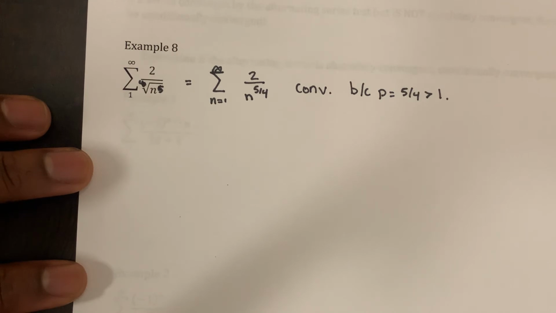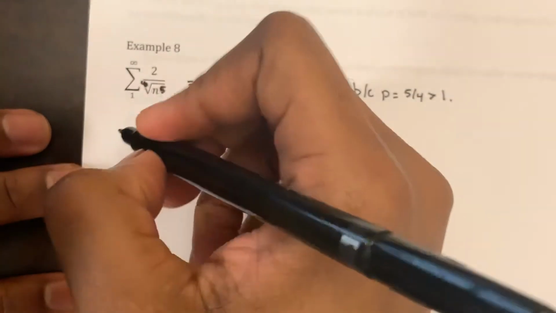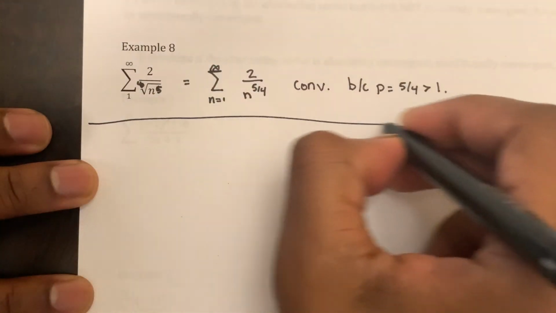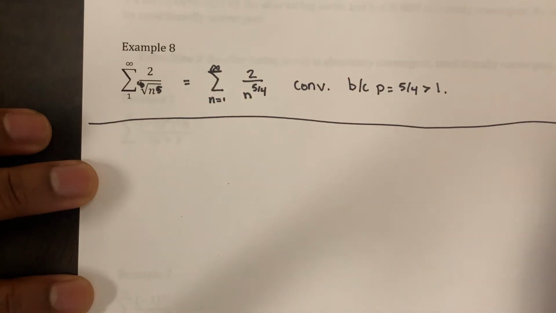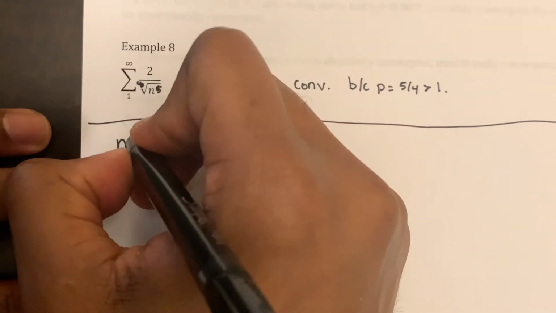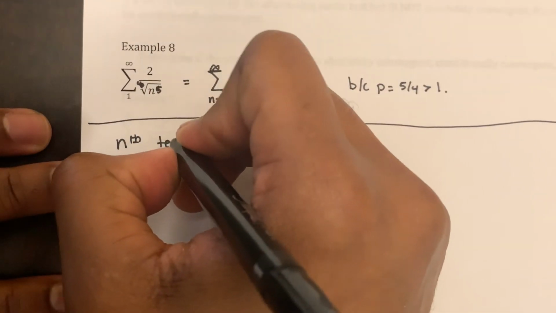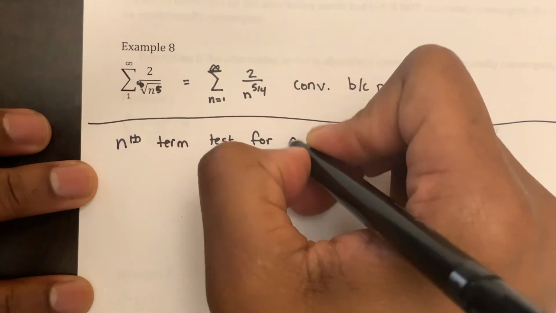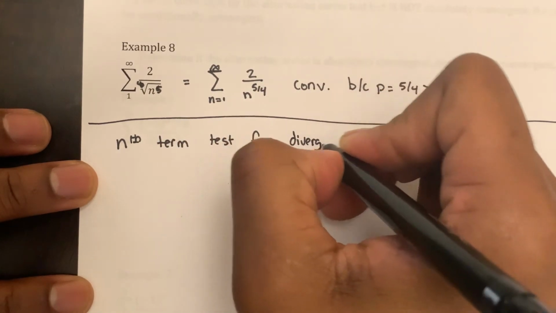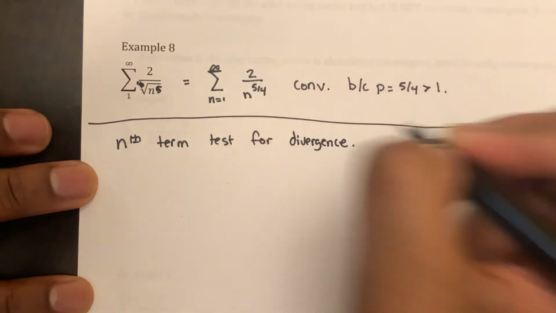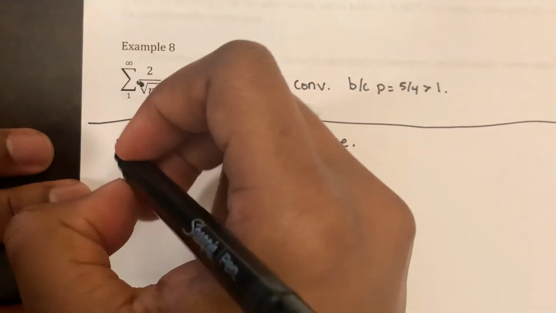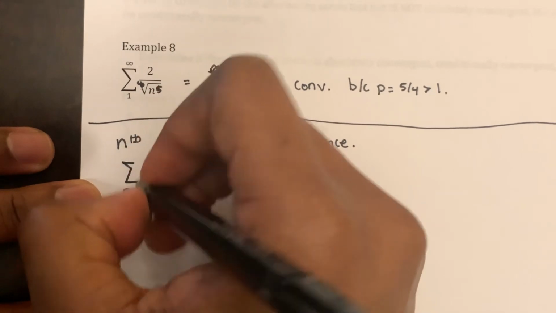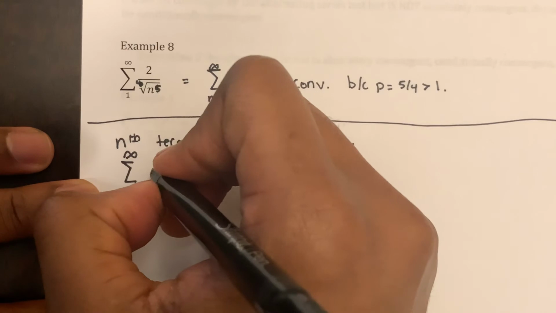And actually, let's add on one thing here. Below example 8, let's add in one thing because we're going to need it for the next video. We're going to call this the nth term test for divergence. All right, so say we have the series from n equals 1 to infinity